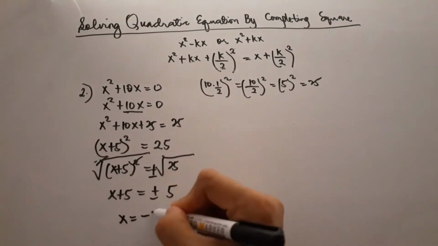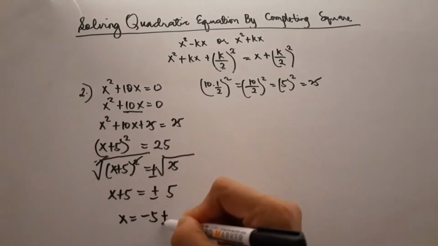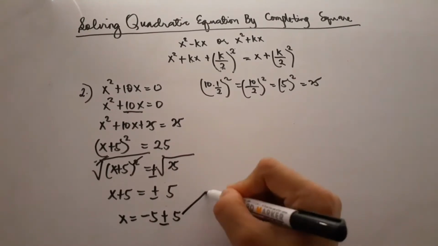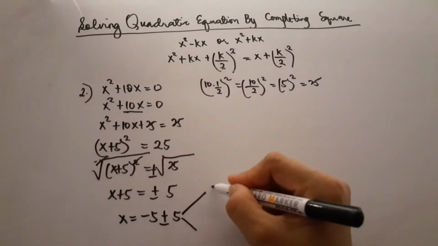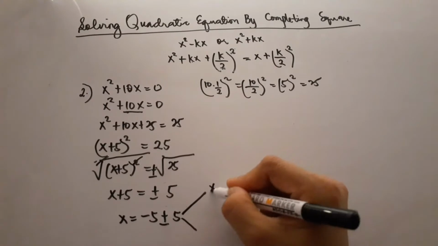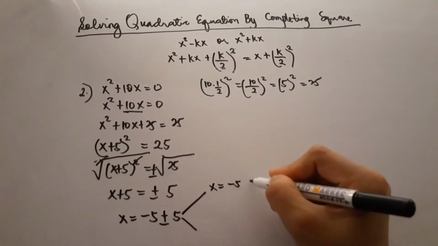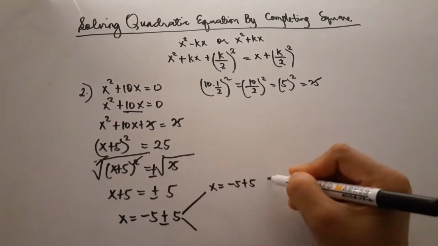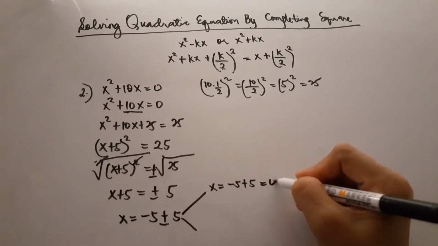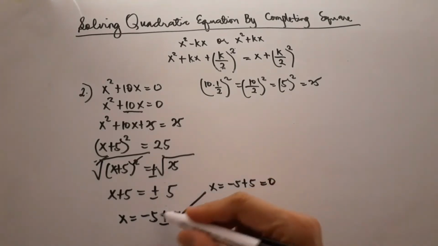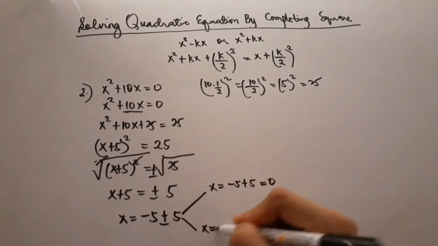So to isolate the constant term, which is positive 5, we have negative 5 plus or minus 5, so either x is equal to 0 or